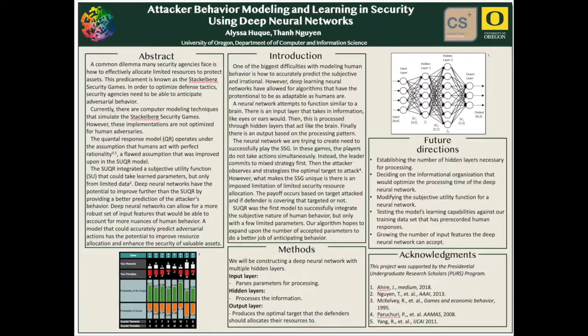We see this issue play out with wildlife protection, for example, where you have hundreds of thousands of miles of rainforest that need to be patrolled for poachers or other threats, but no number of park rangers will be able to effectively protect every square inch. So instead, you need to optimize the patrol routes these park rangers take to best deter or prevent poachers from encroaching on the land. What ends up happening is you have a type of security game playout known as the Stackelberg Security Game, where the defenders, the park rangers in this case, commit to a strategy first.